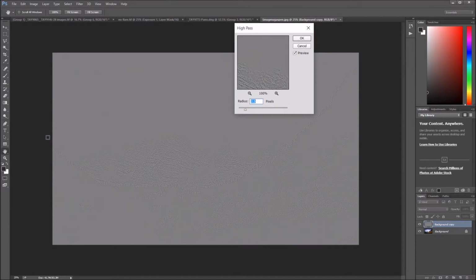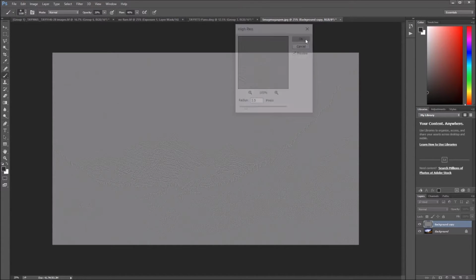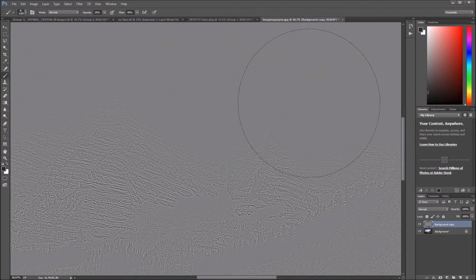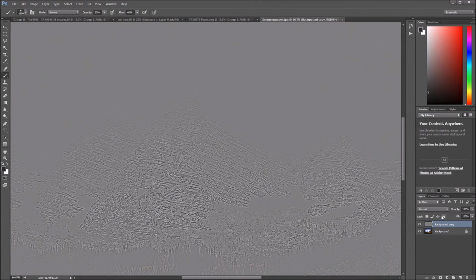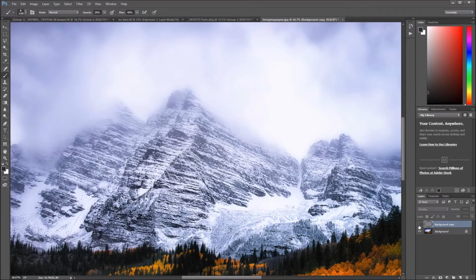Now, when it asks you for a radius, most of the time you'll want to leave that between 2 and 3. You can venture outside of that if you want to experiment a little bit, but 90% of the time I'm between 2 and 3 on here. So I'm just going to leave it at 2.5 for now. And when you zoom in a little bit, you'll see it's almost creating an outline of the image. So what we do here is change it to overlay, and you'll see it does a lot of sharpening on